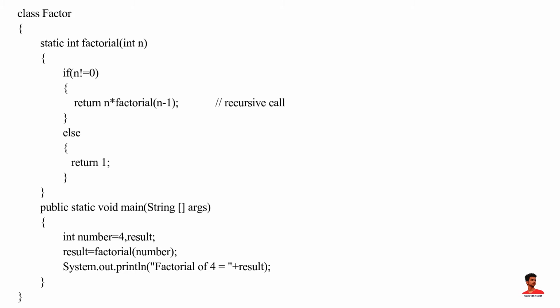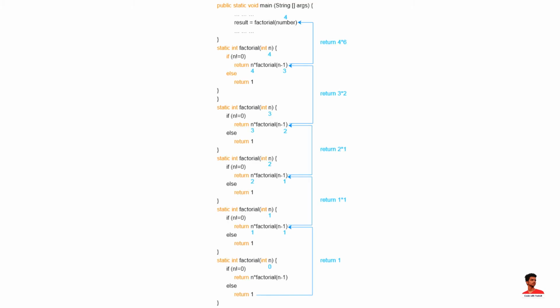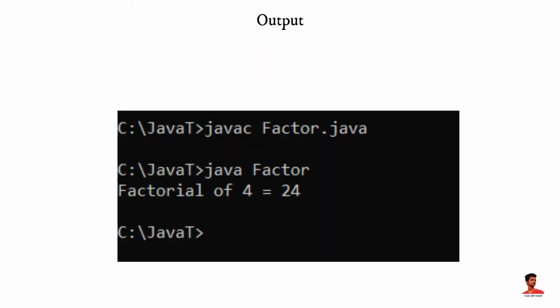This process continues until n is equal to 0. When n is equal to 0, the if statement returns false, hence 1 is returned. Finally, the accumulated result is passed to the main method. This is the working of factorial program. Output of this program is: